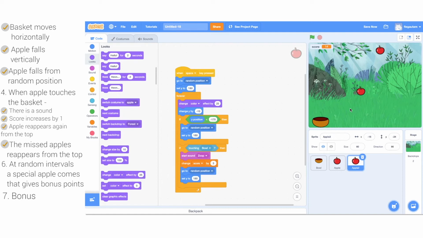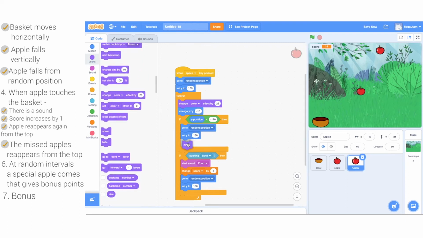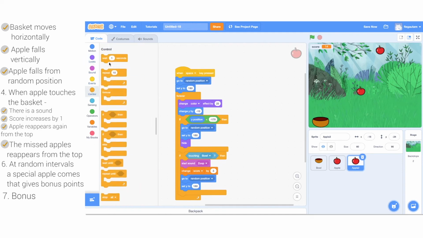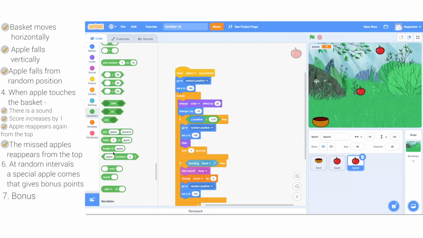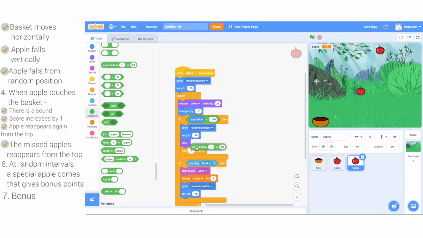Now because I want it to wait, it should be hidden, because otherwise you will see the apple waiting here for some time. Yes, so what I'm going to do is when the apple either goes below -170 or if the apple touches the ground, I want it to hide after it goes to this random position, wait there for some time and then show up again. So let me add those 3 blocks. So I want it to hide. I take up wait, go to operators, go to pick random, which is say 1 to 6 seconds, and then it will show up again.